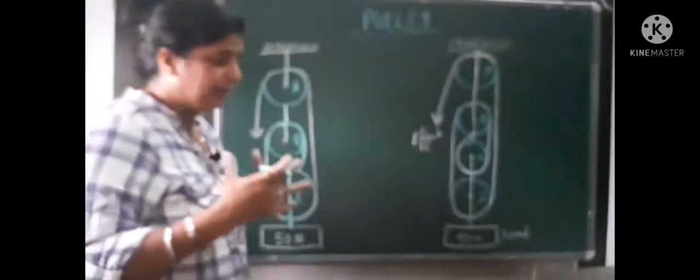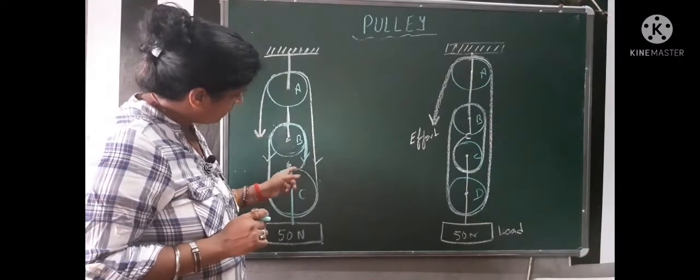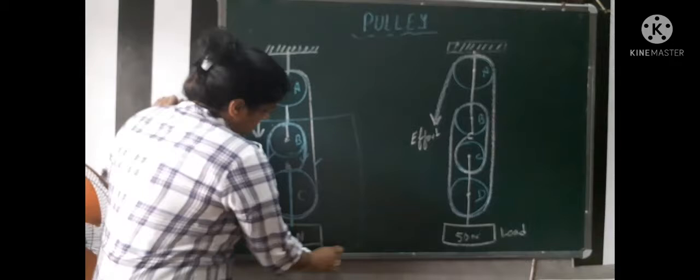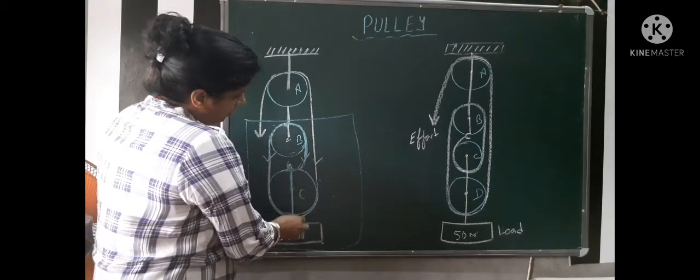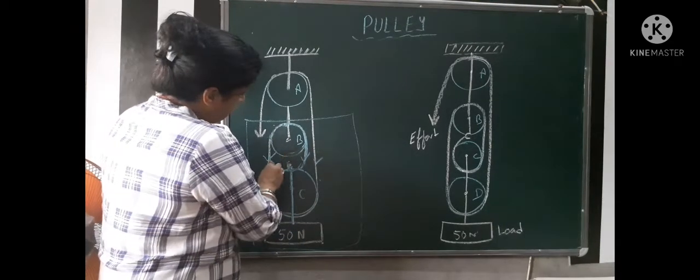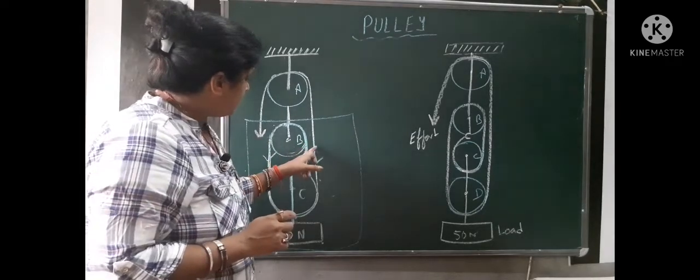So we will think about how many ropes are there. Rope 1, there are 3 ropes around the weight. This weight is hanged with the help of this clip or hook. So how many ropes are balancing the weight of 50 Newton, that we will count. We are finding that, see this area, because with the help of this hook it is hanged, means how many ropes are balancing the weight of this body? 1, 2, 3. It means there are 3 forces of tension we can see here.